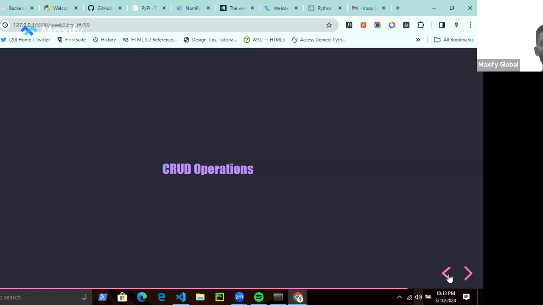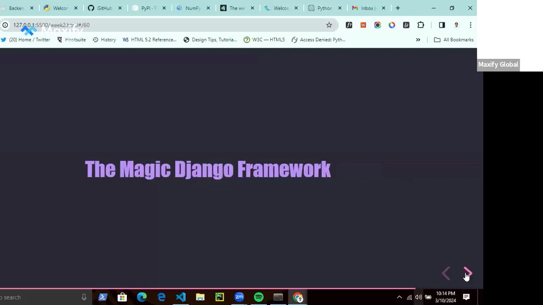So in web development, these are essentially most of the things we do. Most of the web applications you're going to be building with Django are going to be CRUD operations. One, you have to create data at the back end. You have to read data, get the list of information you need from the database, update records in the database, delete records. So essentially, your task is CRUD operations. These are the things you're going to be doing in web development. So it's important to understand how all of these things fit together.